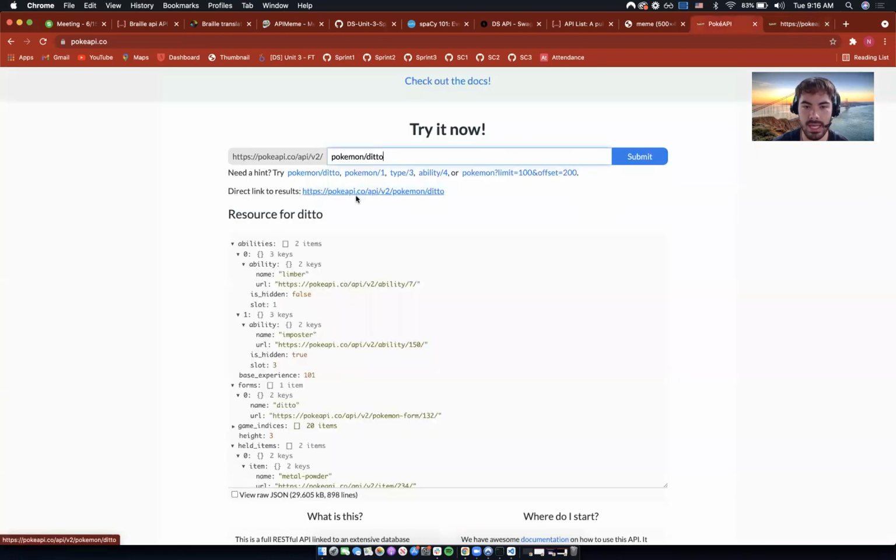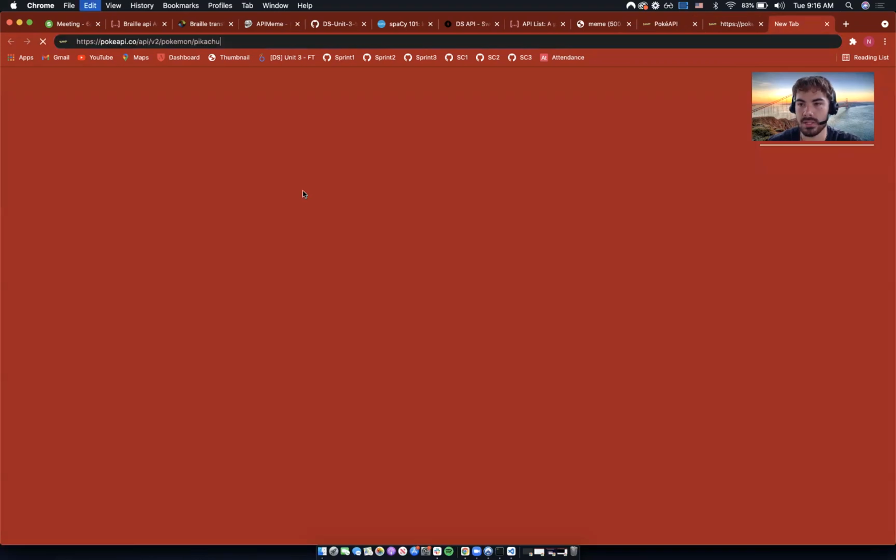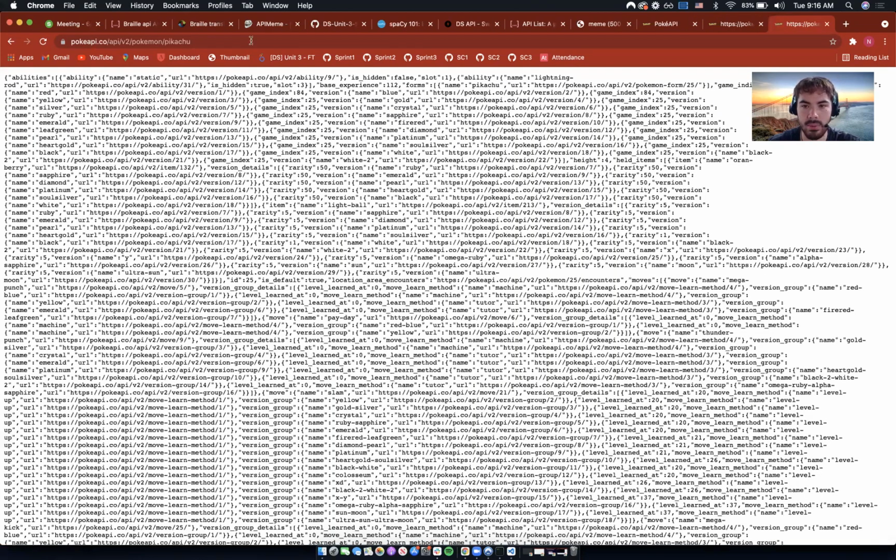Now you can see that this is the link that's processed, and it's a different endpoint. If I go ahead and pass in something like Pikachu, I think that's spelled right, and submit that, I get back all the information for Pikachu. You can notice that the endpoint has changed, right? And if I copy this and visit the new API endpoint, you can see I get